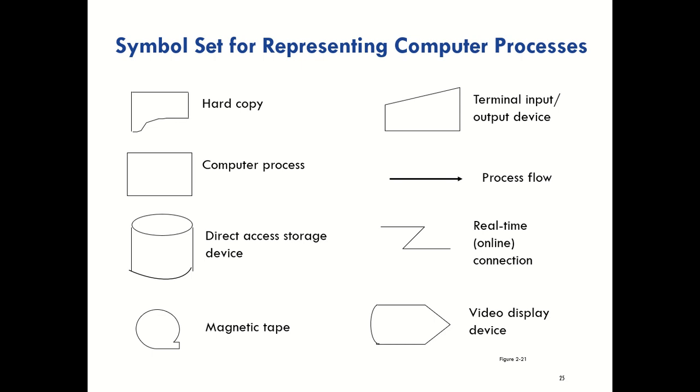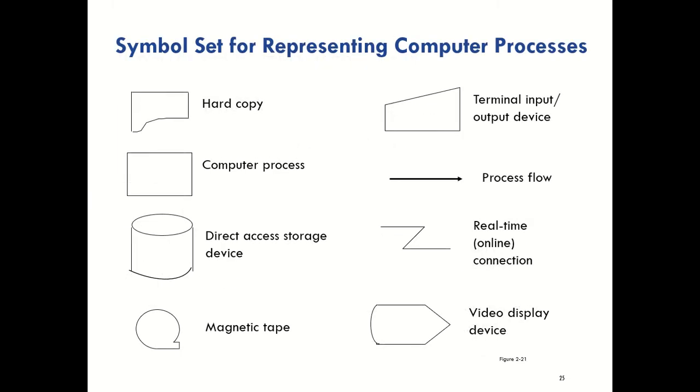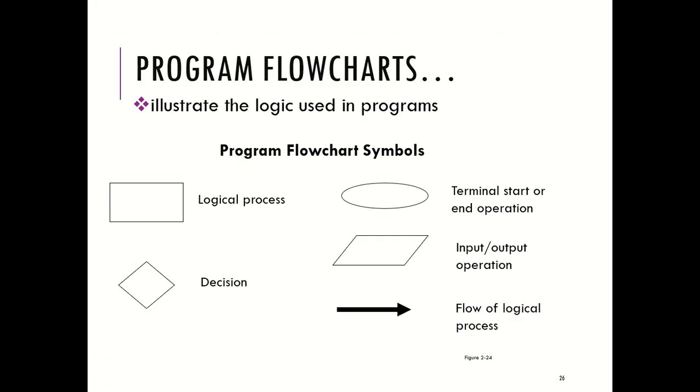Okay, so these are symbol sets naman, again, additional symbol sets. Now we have the hard copy, computerized process, direct access storage, magnetic tape. So actually, madadagdagan lang ito kasi nga, kanina we have already introduced some of the symbol sets, additional lang itong mga ito. Okay. Any questions so far? Ayan. Dumako tayo sa another